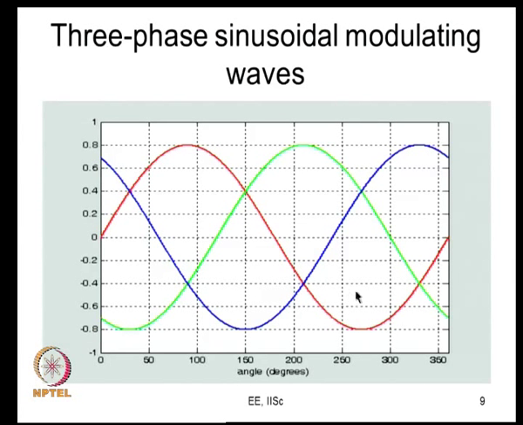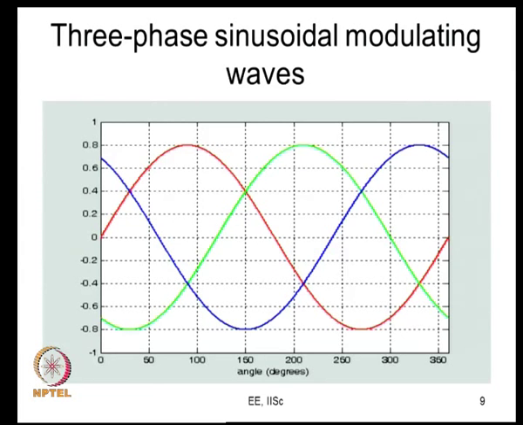These are 3 phase sinusoidal signals and we are looking at 3 phase sine triangle PWM now: R phase, Y phase and B phase. What is not shown here is a high frequency triangular carrier, which is used to produce PWM signals. All the 3 are compared with that common triangular carrier, and if the modulating signal is greater than the carrier, the top device of that leg is on, otherwise the bottom device is on. That is the logic that we use.